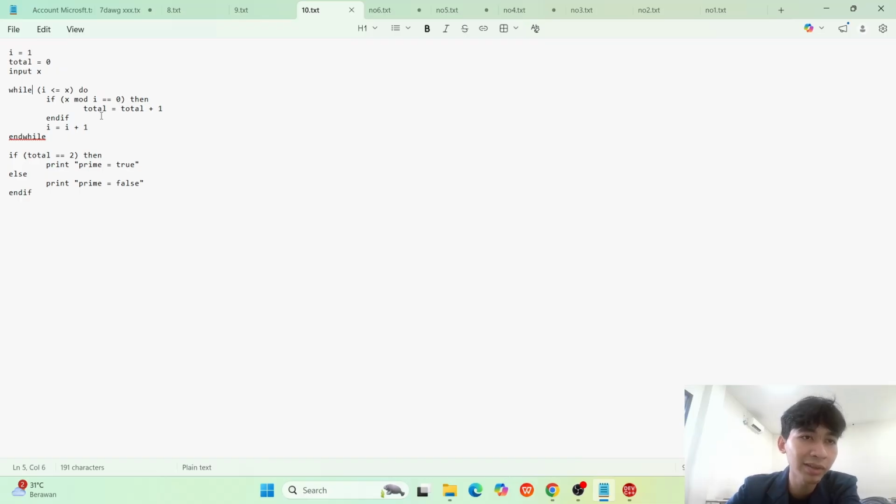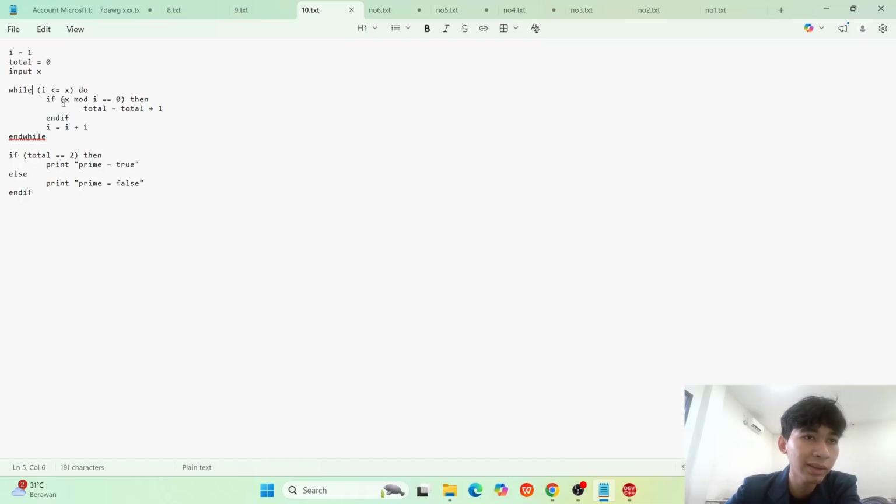If yes, then total counts up, total plus 1. And then I also counts up, I plus 1. So this will run again because it is a while. It has to stop when the I value is not less than X. So the I value now changes to 2 because it counted up.